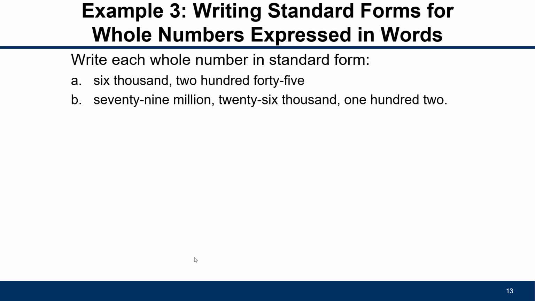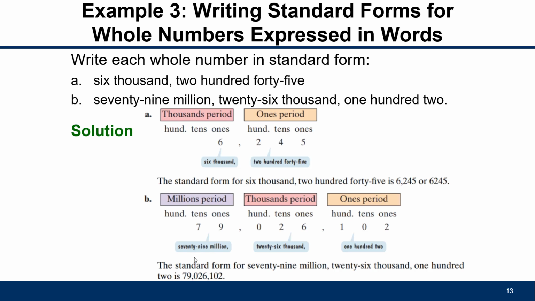So here are some examples. 6,245, right? If we put them into the periods, we see that 6 is in the thousands period, then 245 is in the ones period, so it's just 6,245. We do the same thing with the others. We've got 79 millions, that's in the millions, right? 26,000,